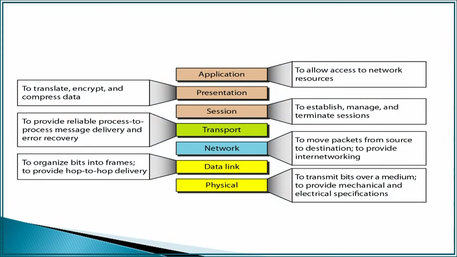So we can see what the functionalities of the different layers are. At the application layer, it allows access to network resources. At presentation, it performs the functions of encryption, compressing data, and translation of data. Session layer is responsible for terminating and starting sessions between two systems. Transport layer is responsible for process to process delivery, that